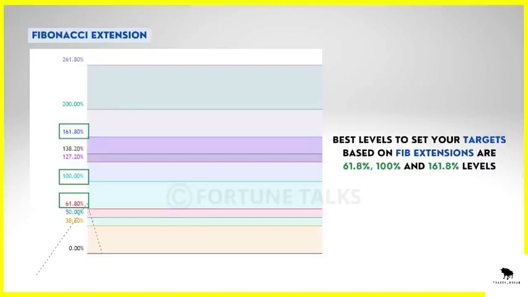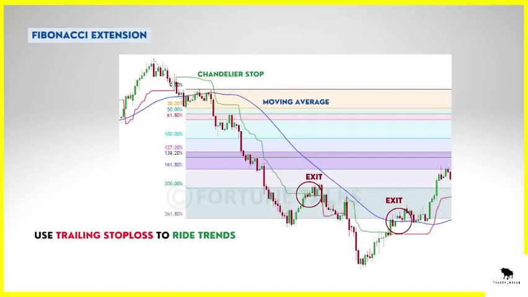So if I were to talk about the important levels, from my experience, the best levels to set your targets based on Fibonacci extensions are 61.8%, 100% and 161.8% levels. I'm not saying that other levels are useless or not worth considering, but these three levels give good results most of the time. You can also use trailing stop losses along with these levels to improve your odds of booking